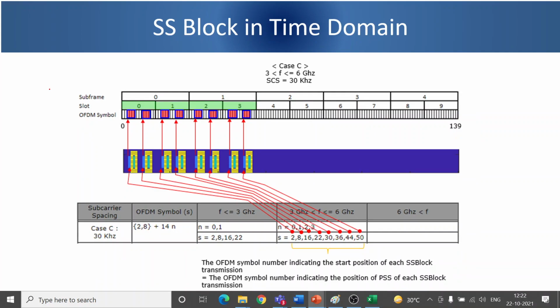Similarly, for case C, the frequency is between 3 to 6 gigahertz, but SCS is 30 kilohertz. So these are the locations given. They are just plotted, you can go through. Okay, so up till now, any doubt on the location of SS block? Anyone having doubt? Okay, if there's no question, then